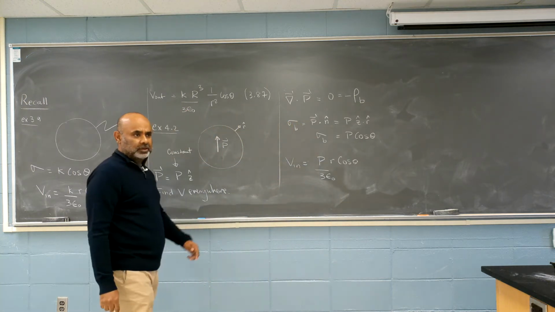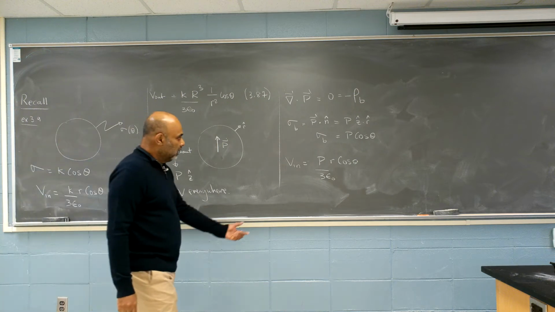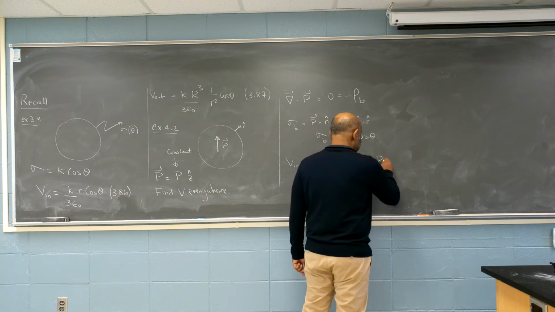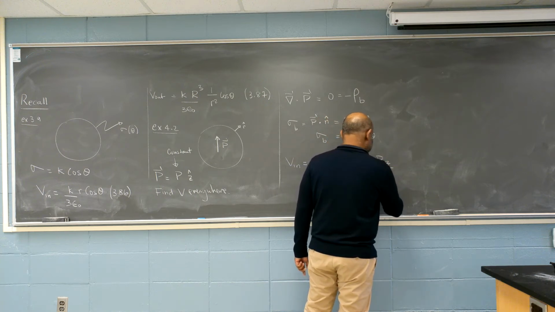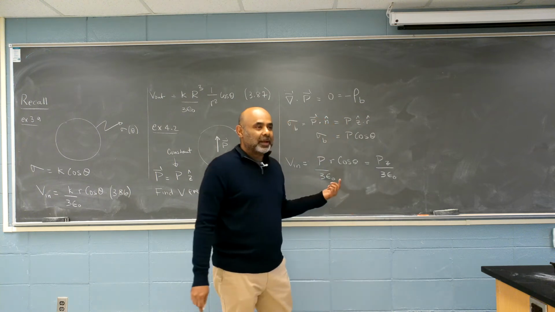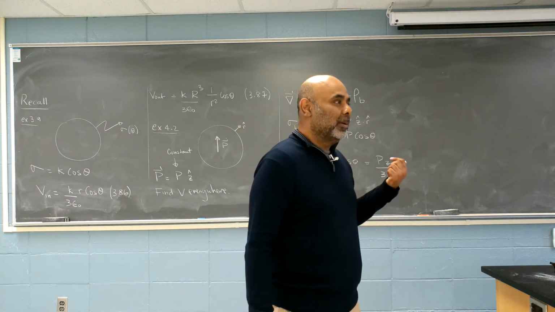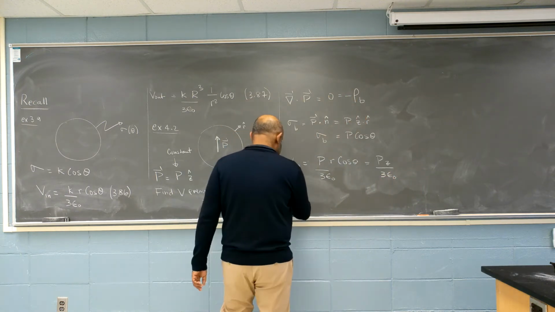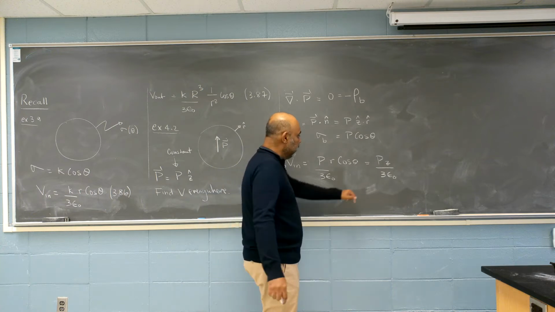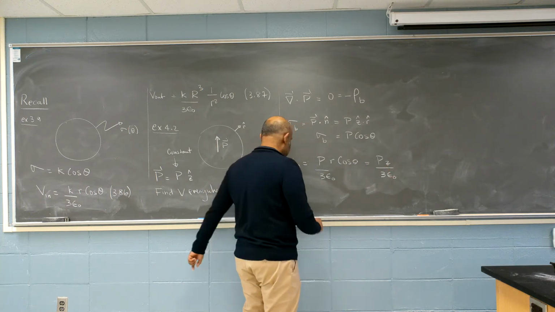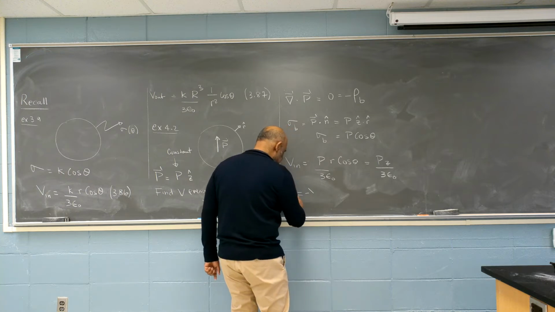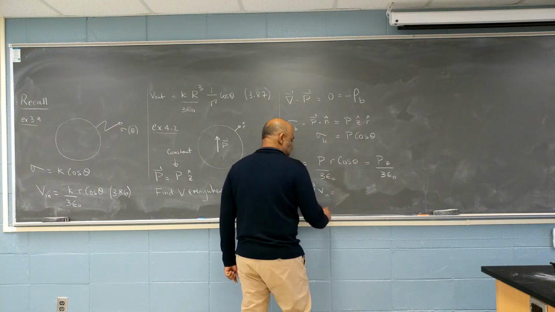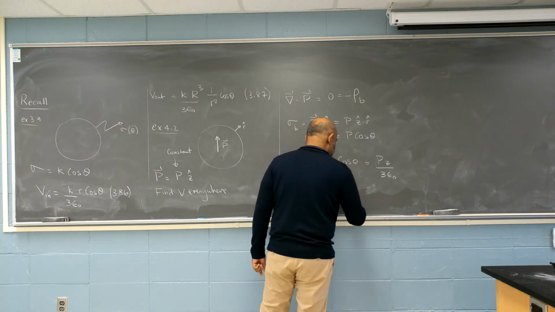Let's find the electric field. Turns out it's very useful. This is nothing more than z, r cosine theta. So I can write this as P z over 3 epsilon naught. Why did I write it in Cartesian coordinates? A, I can. B, I can easily take the gradient now to find the electric field. Obviously, the electric field is only going to have a z component. Well, E inside is negative gradient of V inside, which is negative P